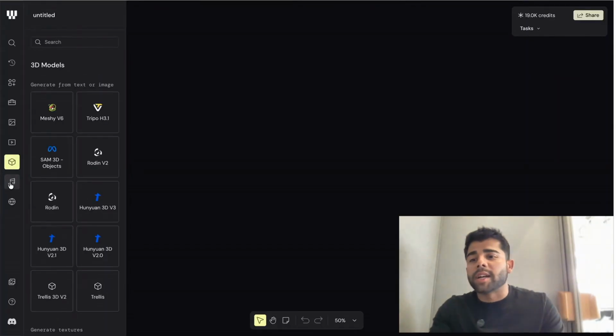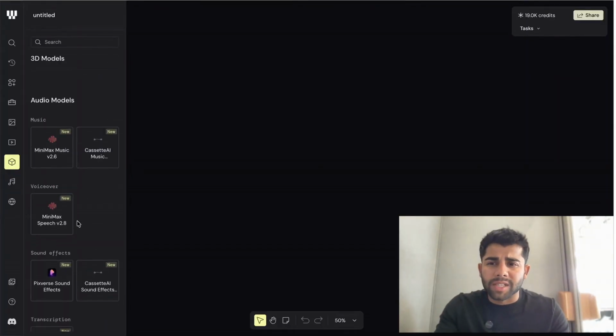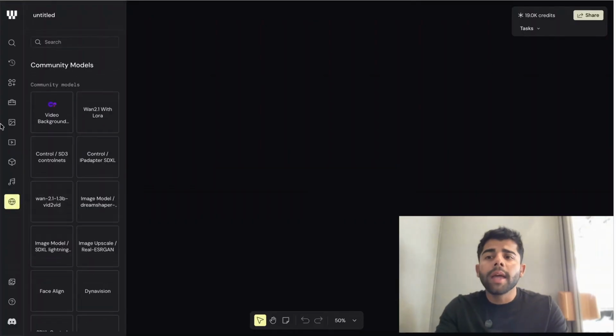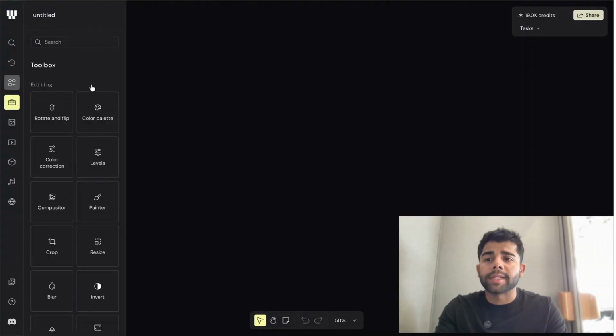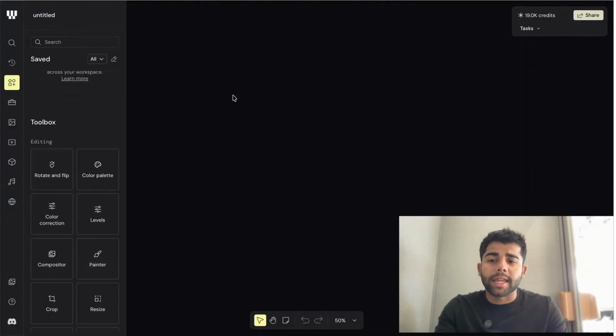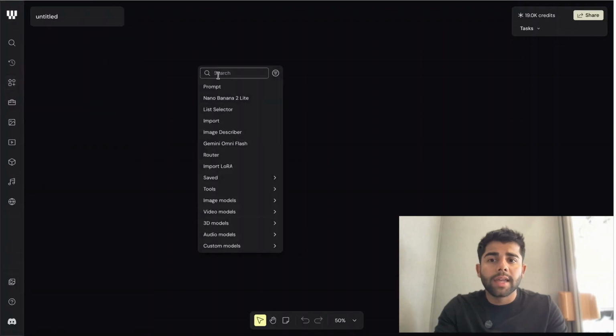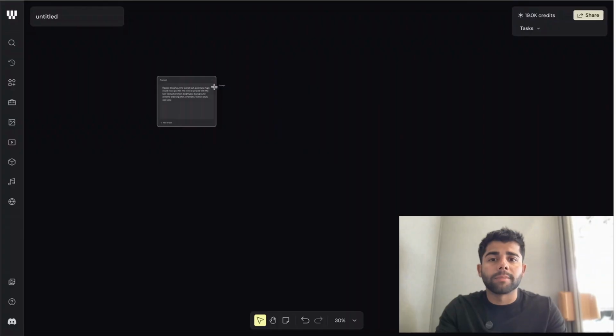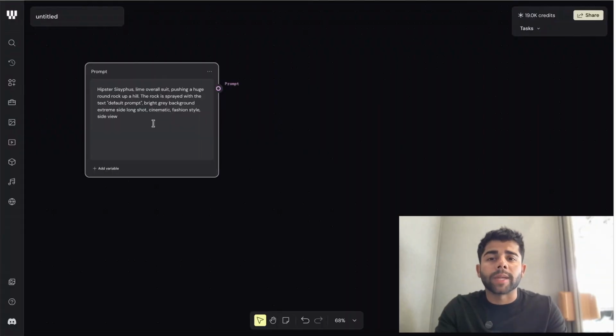And then we've got some 3D models, which I rarely use. My line of work doesn't really need that. And then we've got some music, which is kind of cool. So now, the first thing that we really need is a prompt. And so I'm going to come here in the canvas, and I'm going to right click and just put a prompt in here. Okay. Then let's say if we're creating an image, you can literally just write a prompt,